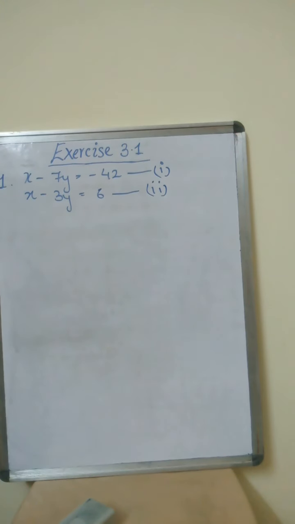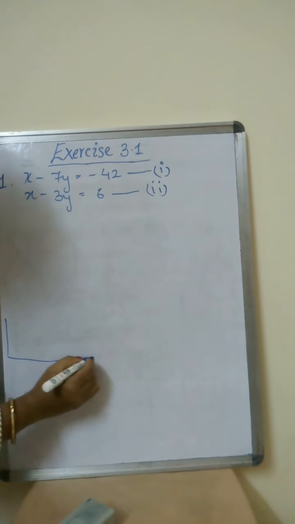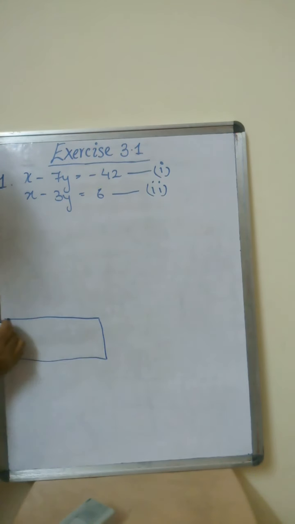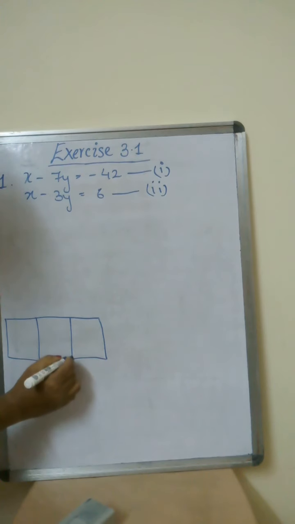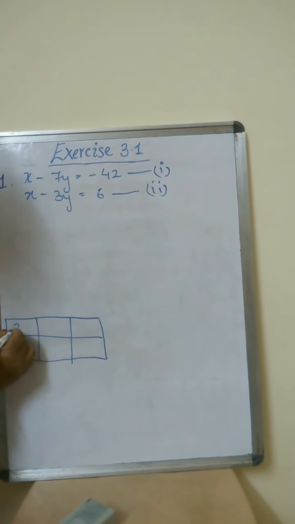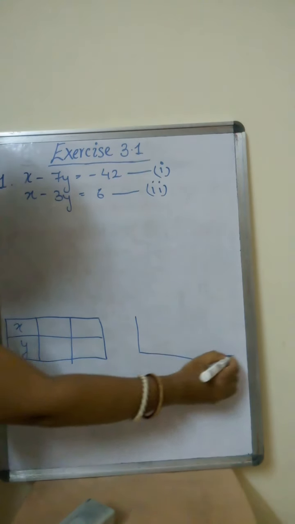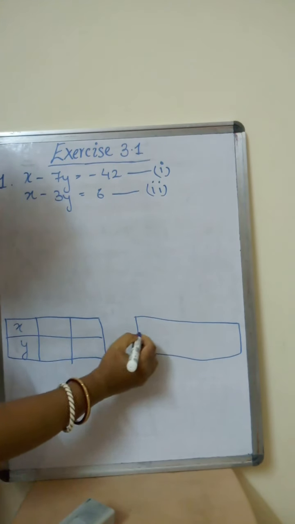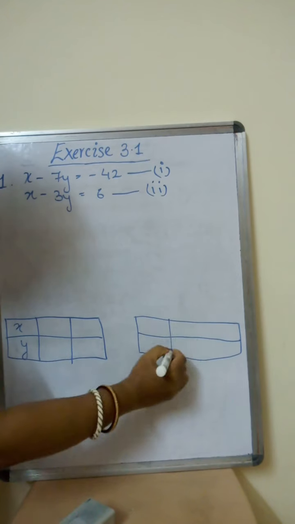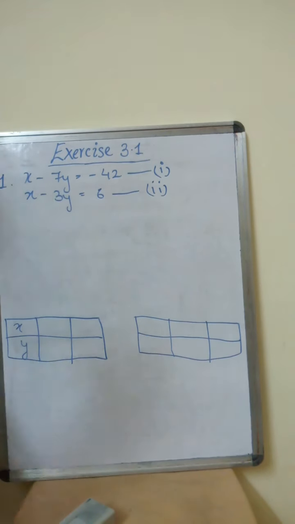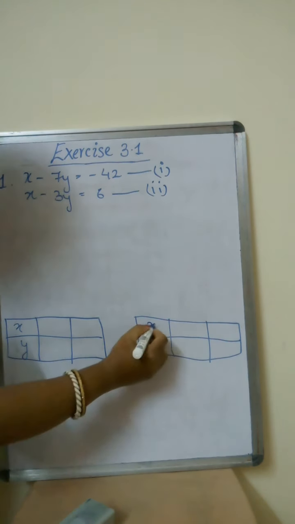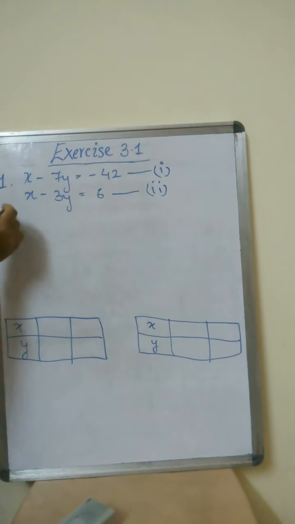Now graphically I have to represent it on the x-axis and y-axis. So I draw two small tables here, for the x-axis and y-axis. Since I have two equations, I have to draw two tables. It is not necessary that you show the calculation; you can do it in your mind. But for your explanation, I will show it to you.